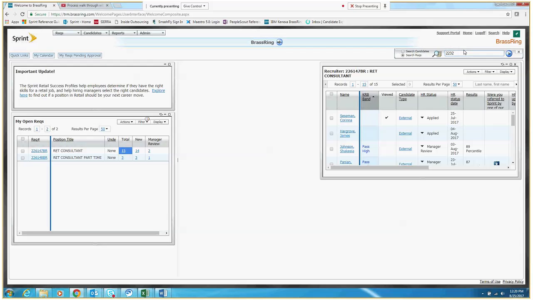Go back to my other monitor. Can you see now? Loading. Okay, good. There it is. Perfect.